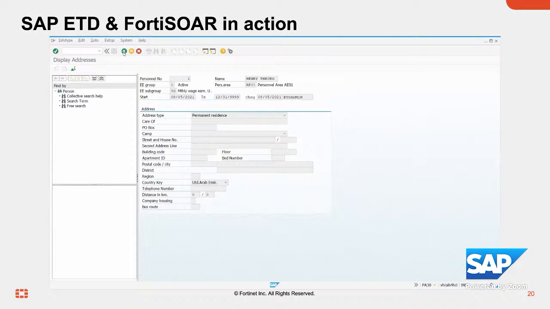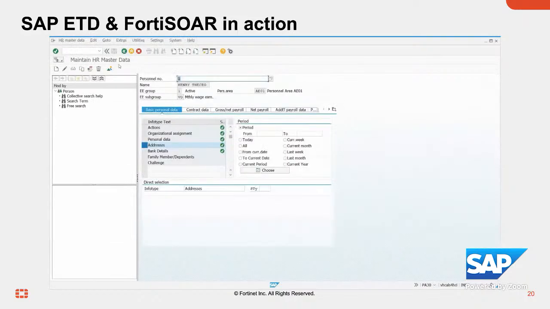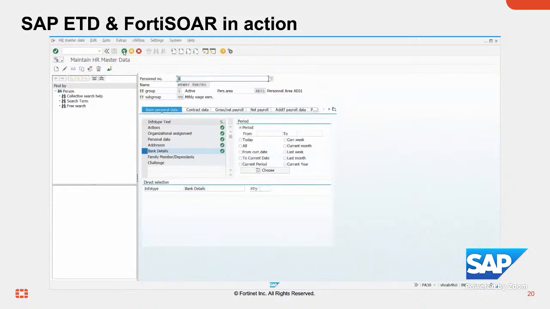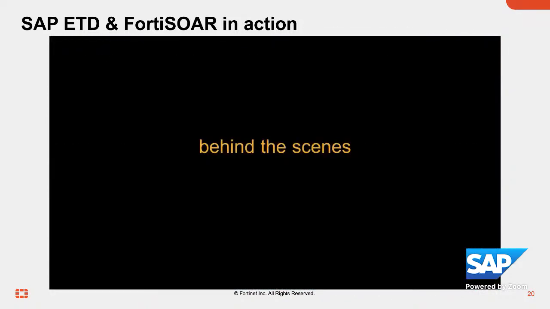And that's where we simply looked up an HR transaction in our system, which is transaction PA30, that displays the HR master data. What we can also see or access is the bank information, for example, the address information of our Henry, the CEO, and we can also have a look at the payment of Henry, the CEO. So this is actually already a threat happening inside of an SAP environment.